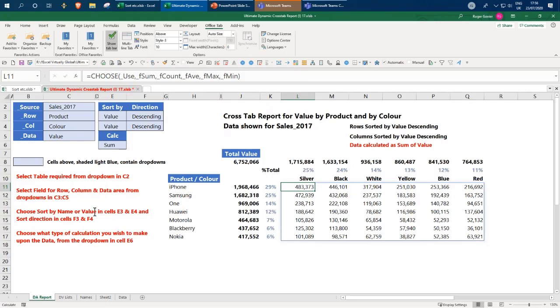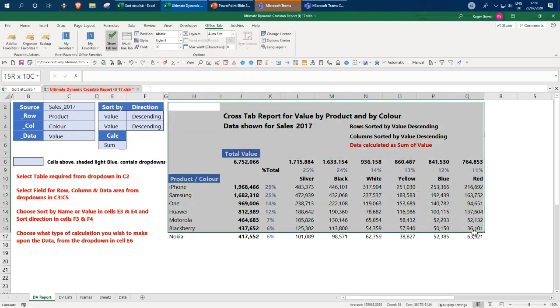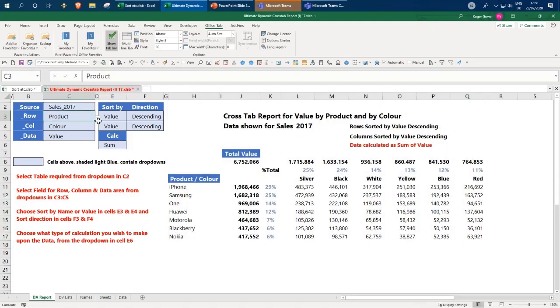All this is extra text on there just describing what's going on. You wouldn't have that on your report. Your report is only this part here. And just like Liam does with his fancy graphs, all these names are dynamic, so it will change according to what you've chosen here. So if I change that to